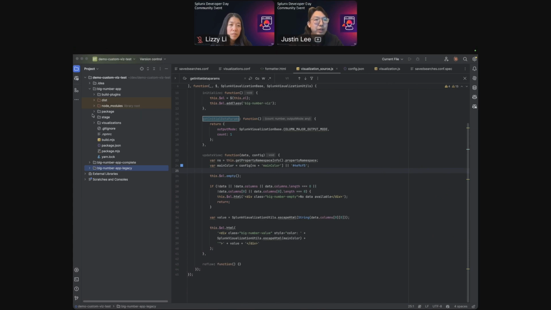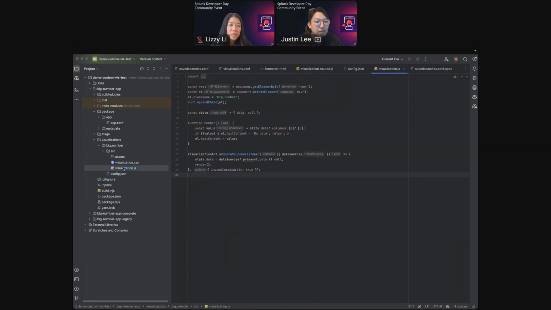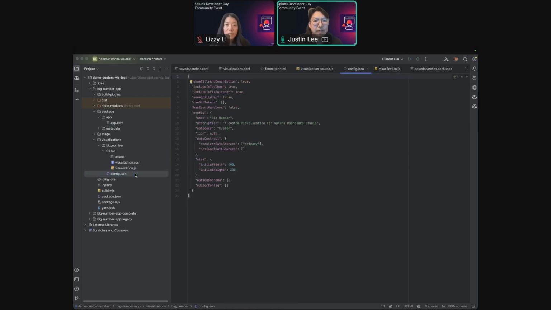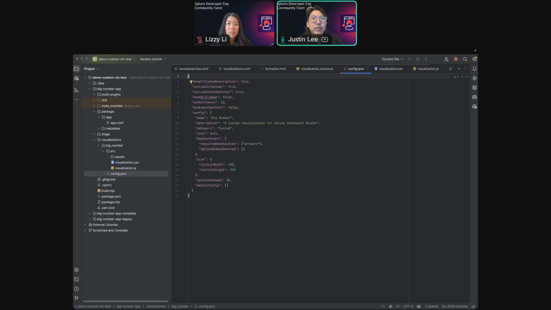And there's three files that we're going to be focused on: visualization.js, config.json, and visualization.css as well. So starting with config.json,